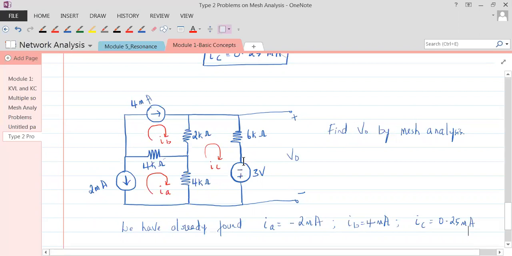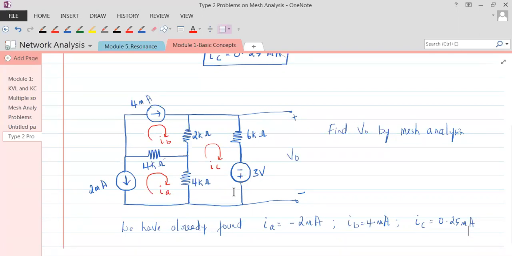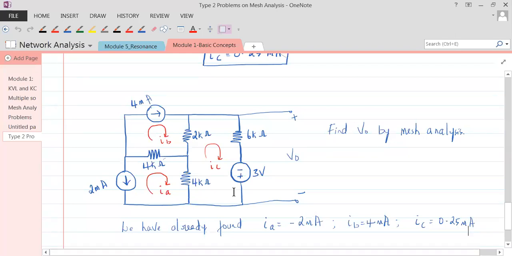See here, what is V naught? V naught is the voltage across 6 kilo ohm as well as this. So you cannot just add the voltage across 6k and this, because it could even be an algebraic sum. There could be some voltage taking the negative sign. Okay, so signs would be a problem. So if we have to see that we're not making any mistakes with respect to the polarities of the voltages, okay, we have to apply KVL. If you apply KVL, you will not have any such problems with the polarities.